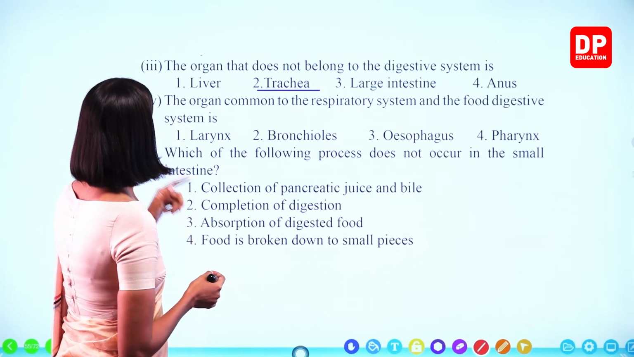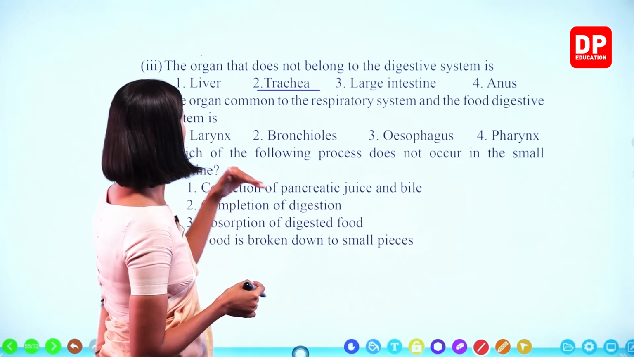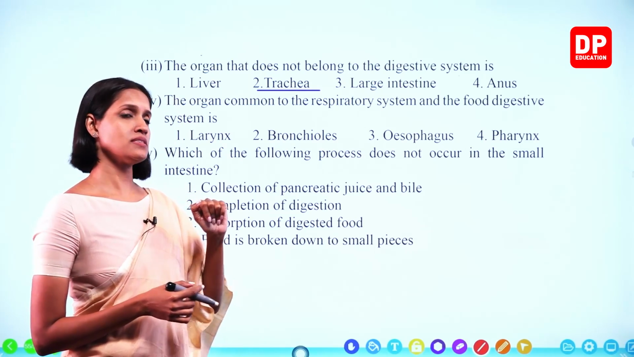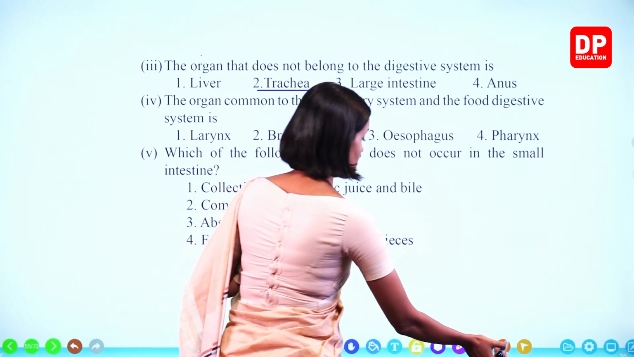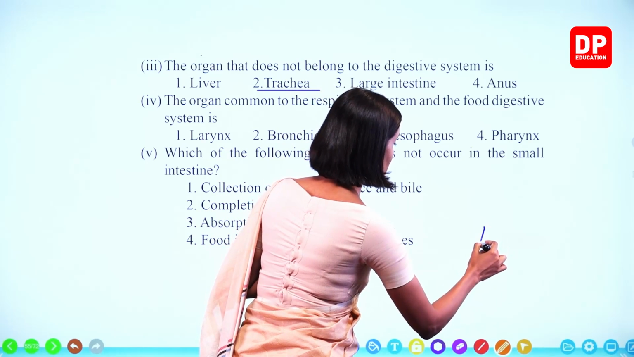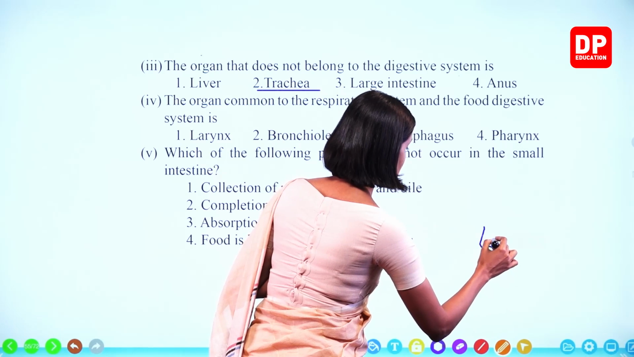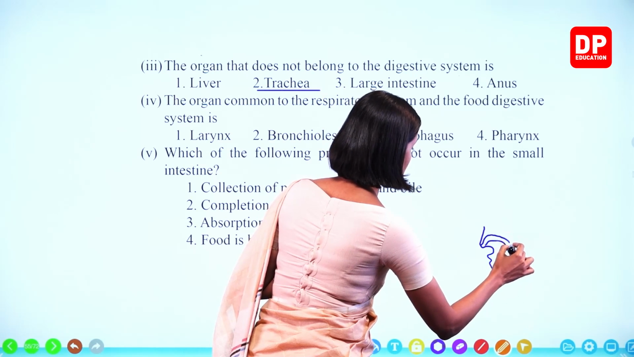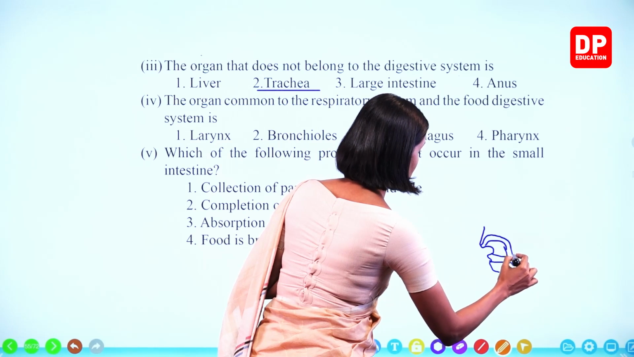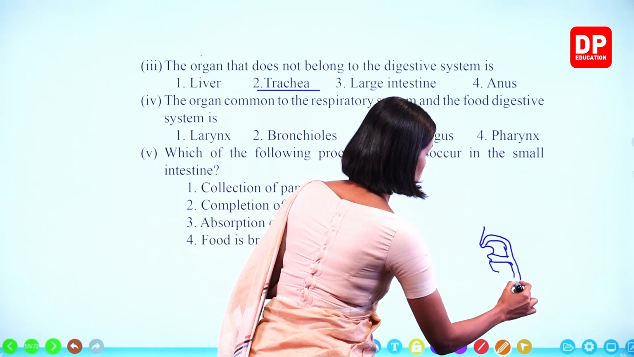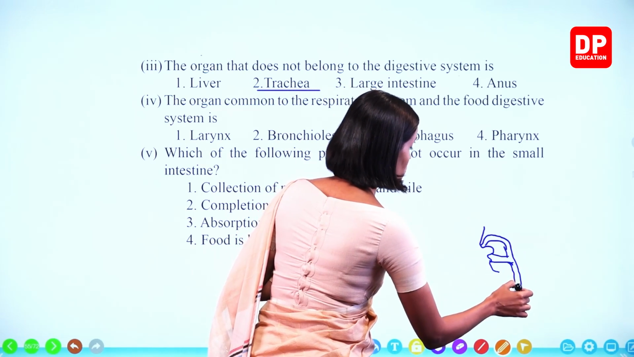Number 4. The organ common to the respiratory system and the food digestive system is. There's this one organ common to both the systems. What is that organ? Do you remember when we consider the nasal cavity and the mouth cavity? They connect at this one common place, and this place is common to both the systems,